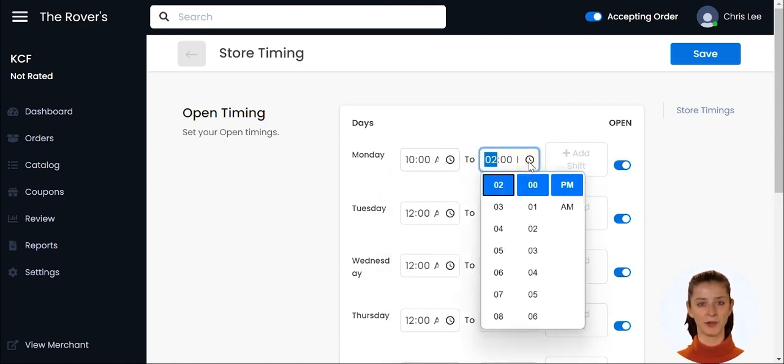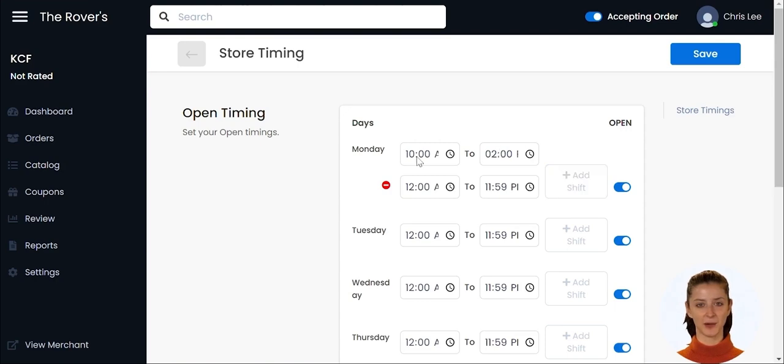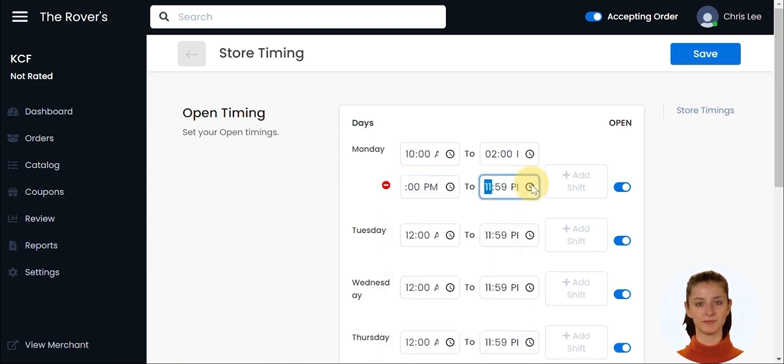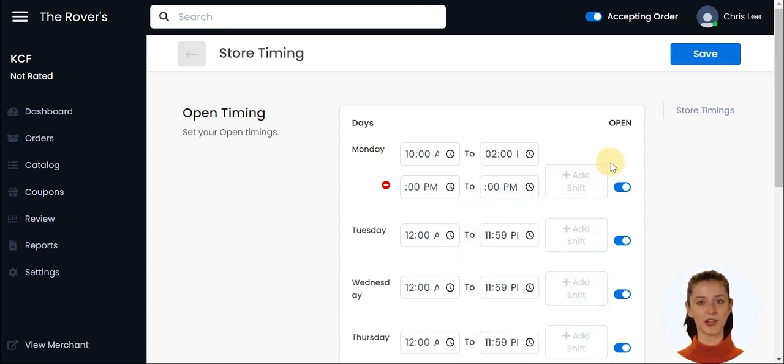First shift starts from 10 a.m. to 2 p.m., and then your store gets closed for 2 hours. To add a second shift, click Add Shift, and then mention the timing. Let's mention the second shift time from 4 p.m. to 8 p.m. Similarly, you can add multiple shifts as per your need, and can remove them by clicking on